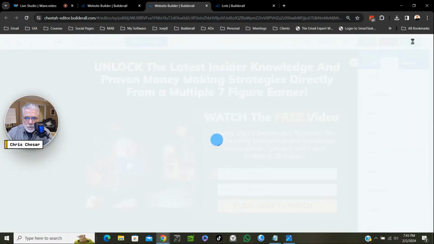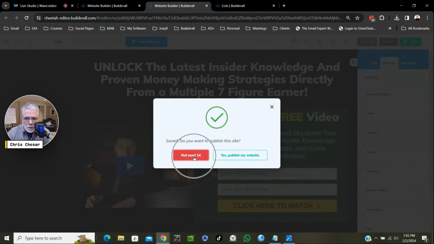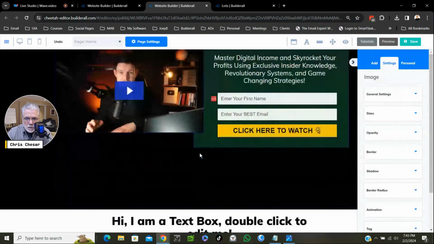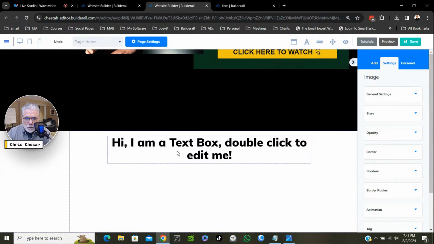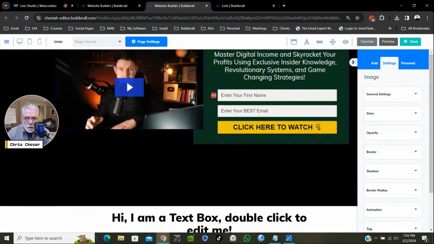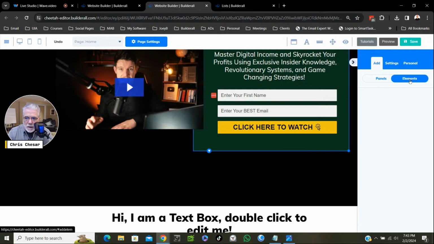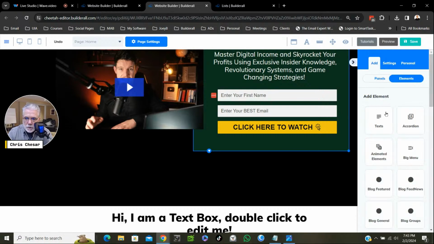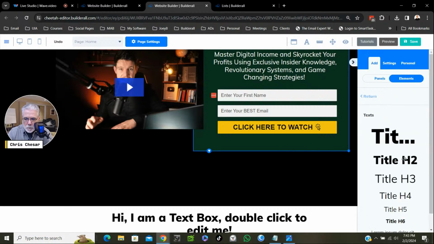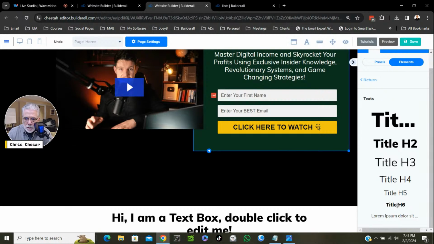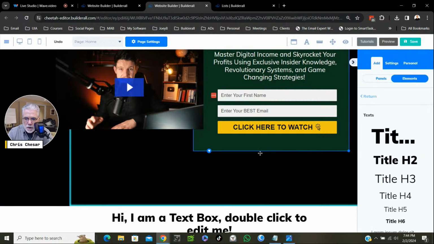And we're going to hit save. I'm going to hit not now again. And let's look for a good footer here. So we don't need this panel anymore. The only thing I could think of is maybe we put a little disclaimer here, like 100% spam free, or something like that. I'm going to hit add elements, hit return, go to my text box, and I'll just choose a small one here. I'll just drag this one in,